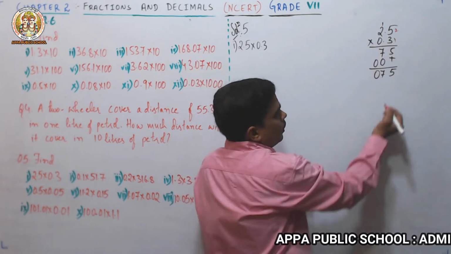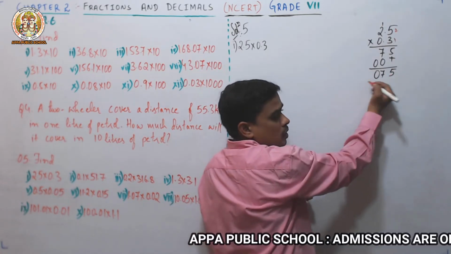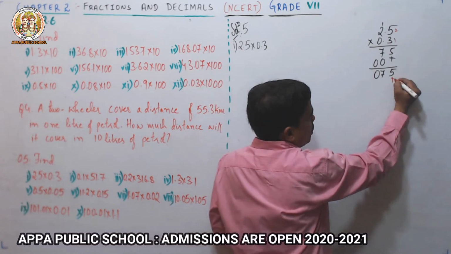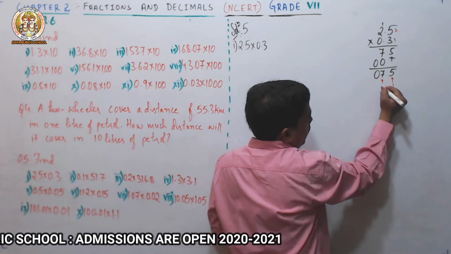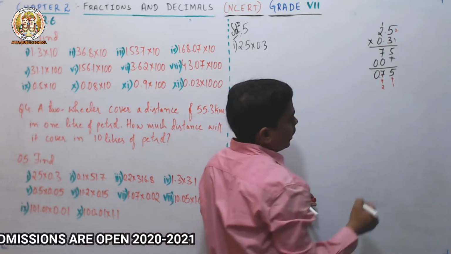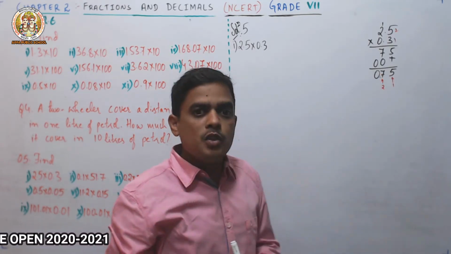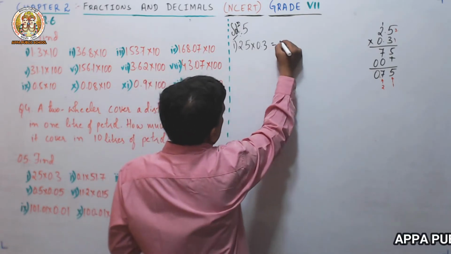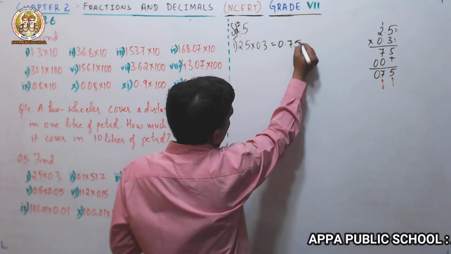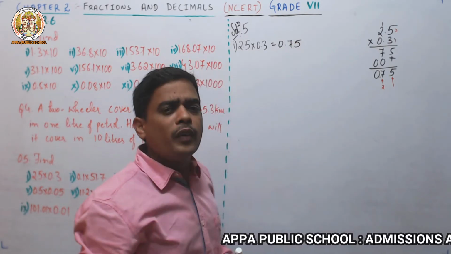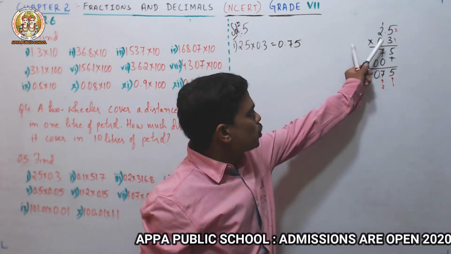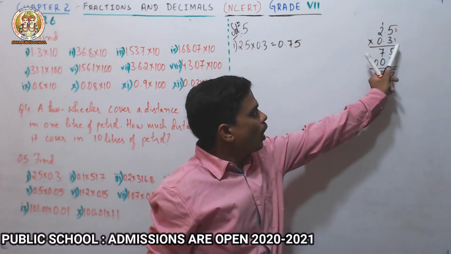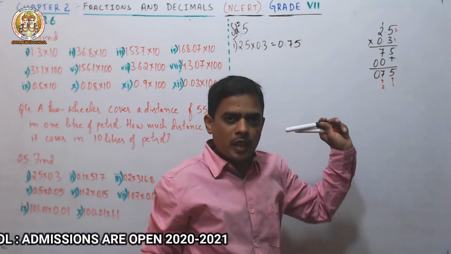2 numbers are there. You have to count the numbers from towards your right, you have to come towards your left. This will be first and this will be second. This is 1 and this is 2. I will place the decimal point here. What will be the answer? The answer is 0.75. So I will write it as 0.75. That's it. Or else, if you know 25 3s are, so how much 25 3s are? 75. Write it as 75. So what you do? Count the points and keep it, then place the decimal point. That's it.